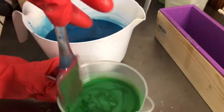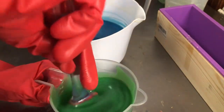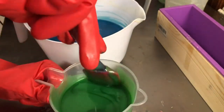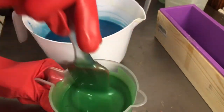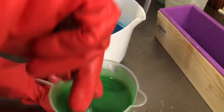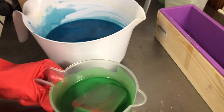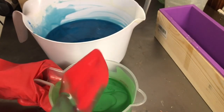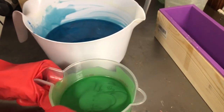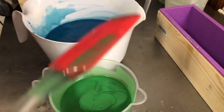I am in love. I'm just doing something right with these couple of batches, you guys, because it seems like I had a little bit of a rough patch there where I was getting a lot of acceleration, and that could have been the fragrances that I was using. It could have been the weather. It's really difficult to tell, but it looks like we have a success, at least with this one. And I think because it's so liquid,